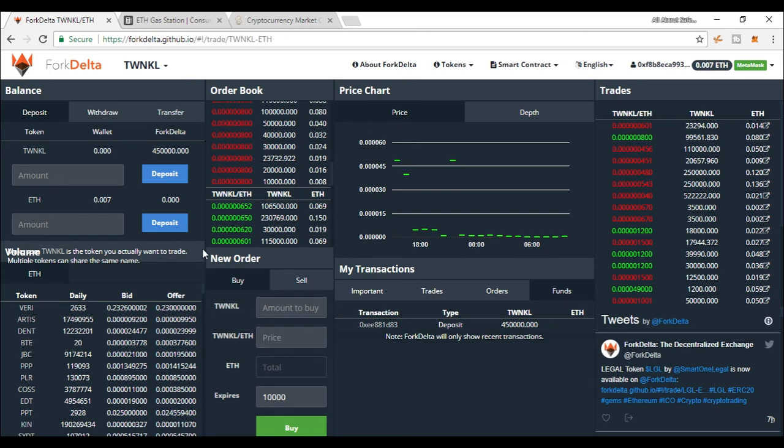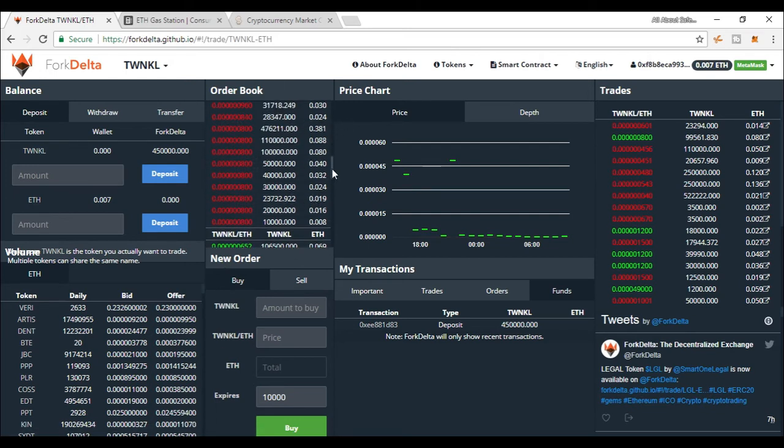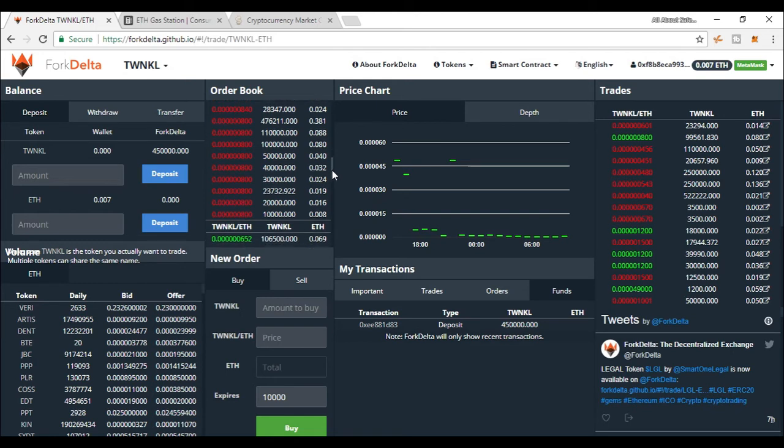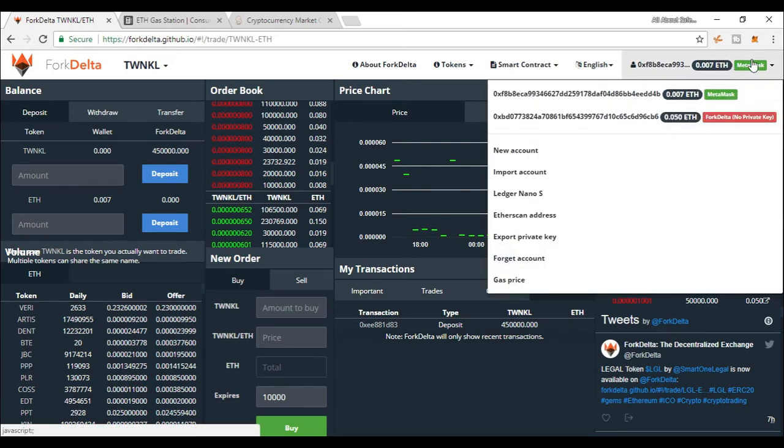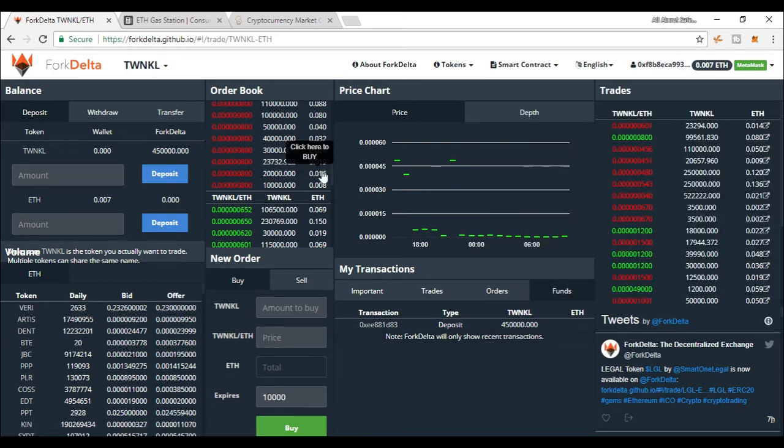Trading of Twinkles is done either by creating a new order or by closing an existing order from the order book. From this seller's account, let us create a new order, and from another account, that is the buyer's account, we shall learn how to close an existing order.